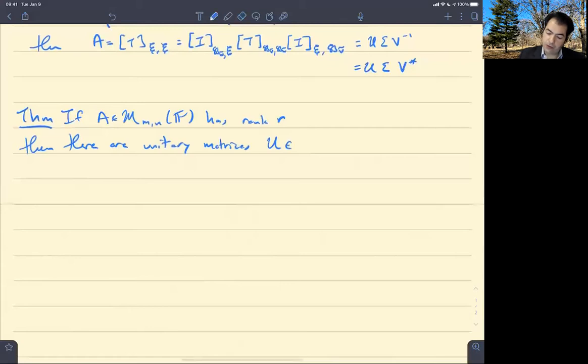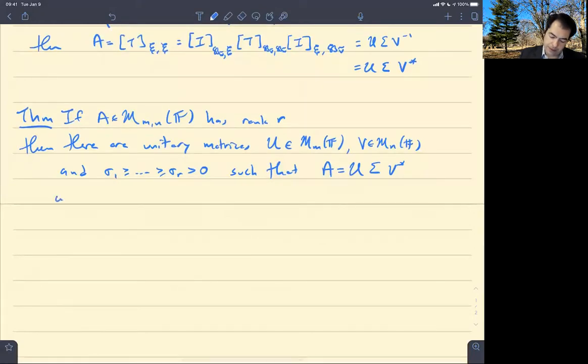There are unitary matrices U of size m by m, V of size n by n, and numbers sigma 1 greater than or equal to ... up to sigma r greater than 0, such that A is equal to U sigma V star,